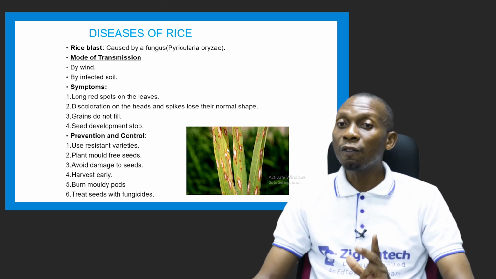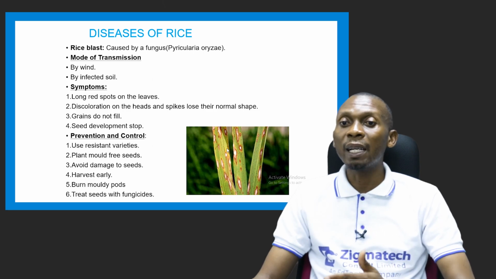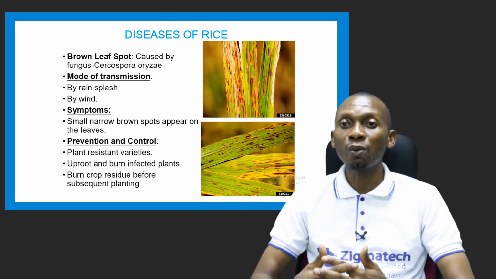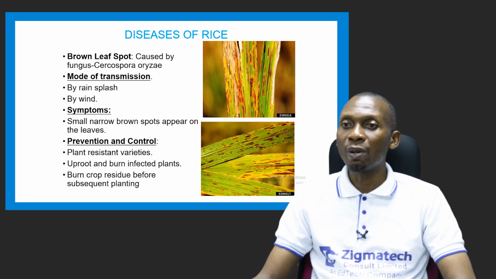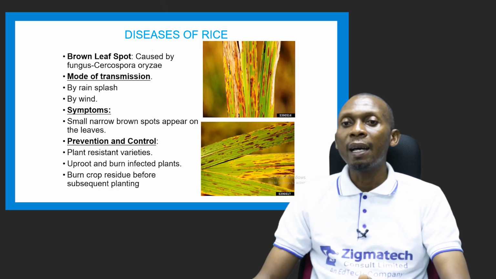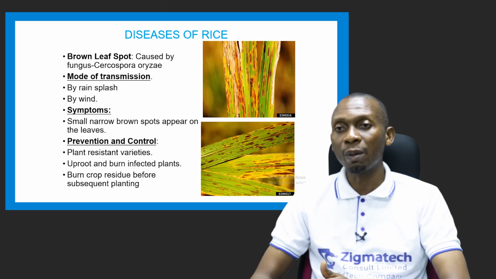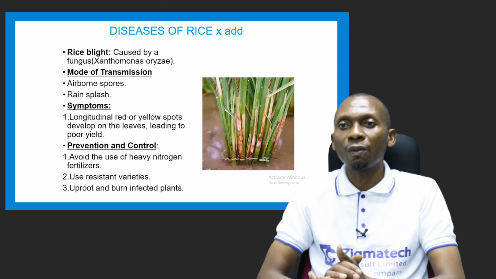You should also plant mold-free seeds and also avoid damage to seeds. You can also harvest early, burn moldy pods, and treat with fungicides as well. We have a disease called brown leaf spot, which is a fungal disease, Cercospora oryzae, transmitted by rain splash and wind. And the symptoms, you can see small, narrow brown spots on the leaves, as you can see. And it's prevented by planting resistant varieties. You can also uproot and burn the infected plants. And also, you need to burn crop residues before subsequent planting. So once you harvest from a particular field, the residue, which are the stalks that are left on the farmland,